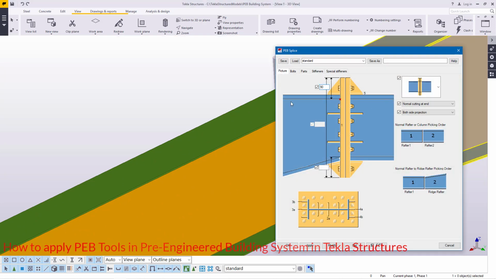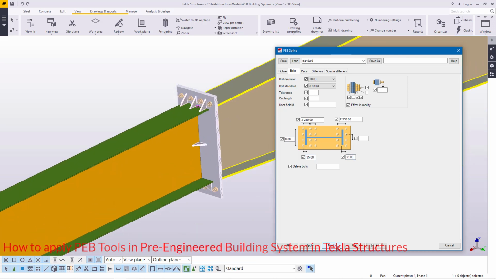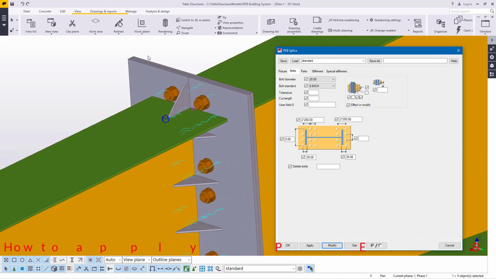I'll press here 90 and come here and also feed in 90 and come to bolts here and click and select the bolts, the bolt size of M20, the bolt grade 8.8, and I'll feed in here the number of bolts at a particular distance. I don't need that bolts, and I need 35 here, and I need another 35 here, and I need a washer on that particular section. And I'll go ahead and click modify, and the only thing remaining is the span